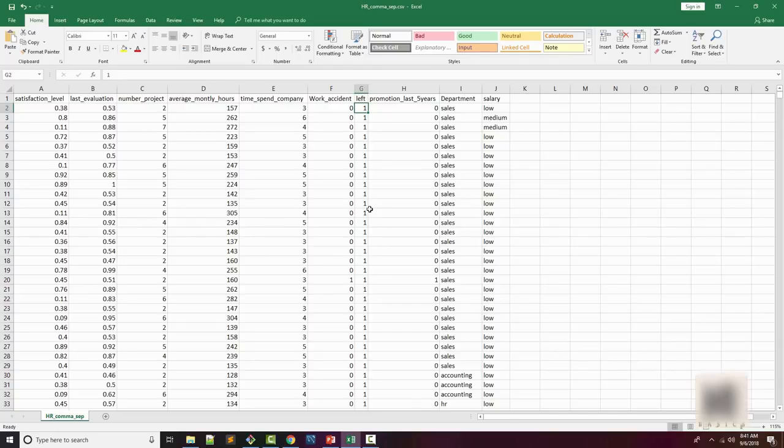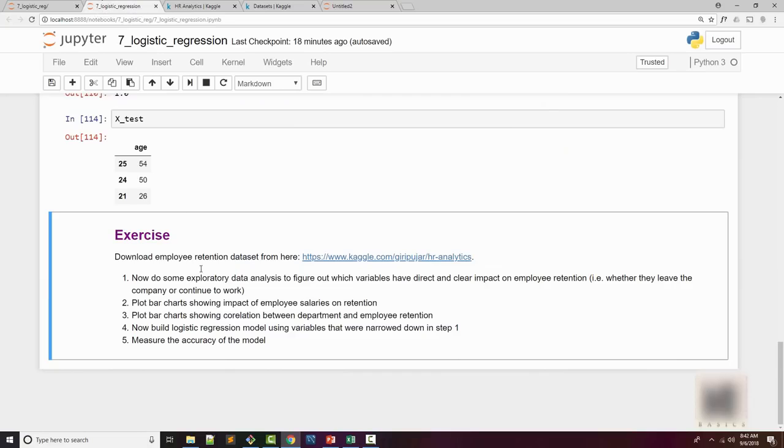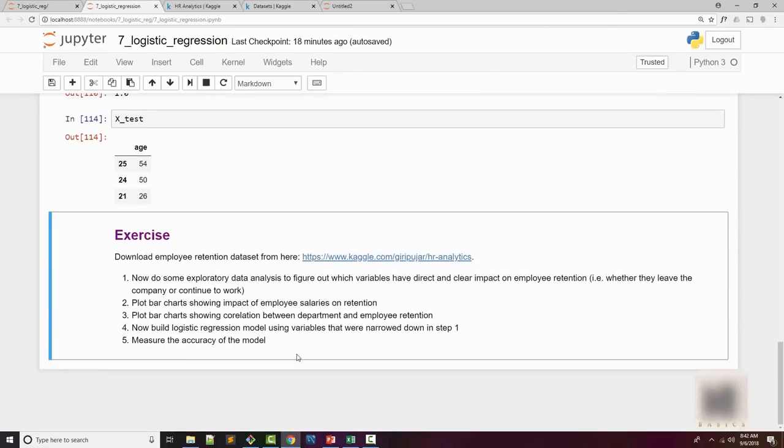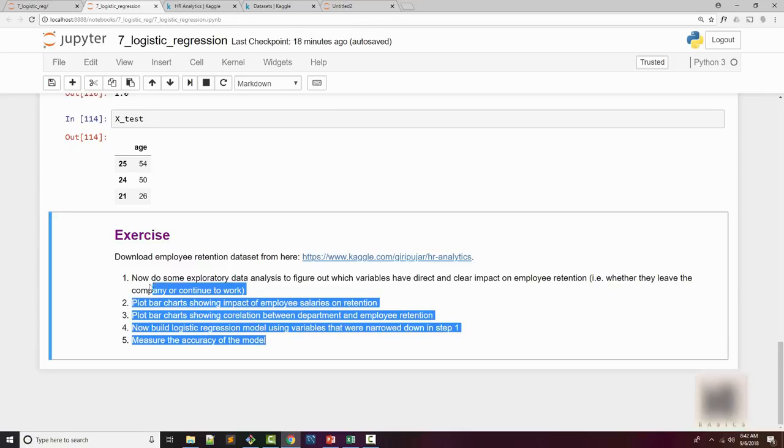So that's what you're going to do. You are a data scientist. You're going to work for your HR department and give them a couple of things. I have mentioned all of those things in the Jupyter notebook, which I have available in the video description below. If you open that notebook, you will see all the code that we just went through in this tutorial, and at the end you will find this exercise section. Okay, so there is a link here. You download the dataset. If you don't want to download it, at the same level as this notebook, there is an exercise folder. So download the CSV from that, and you're going to give answers to these 5 questions.